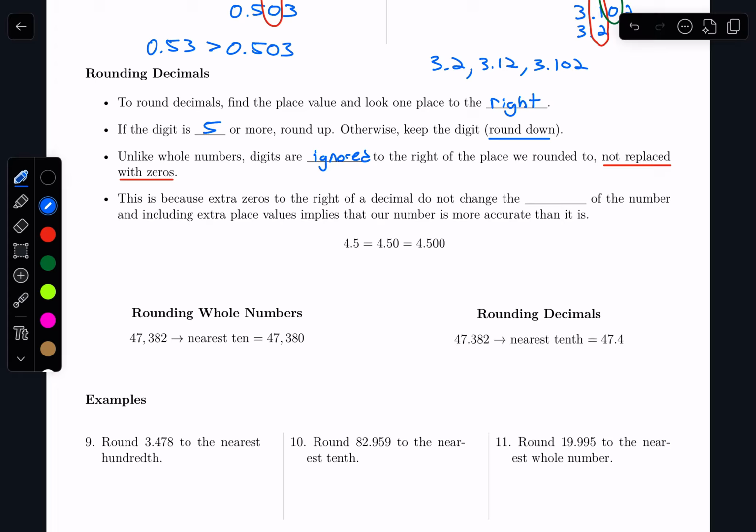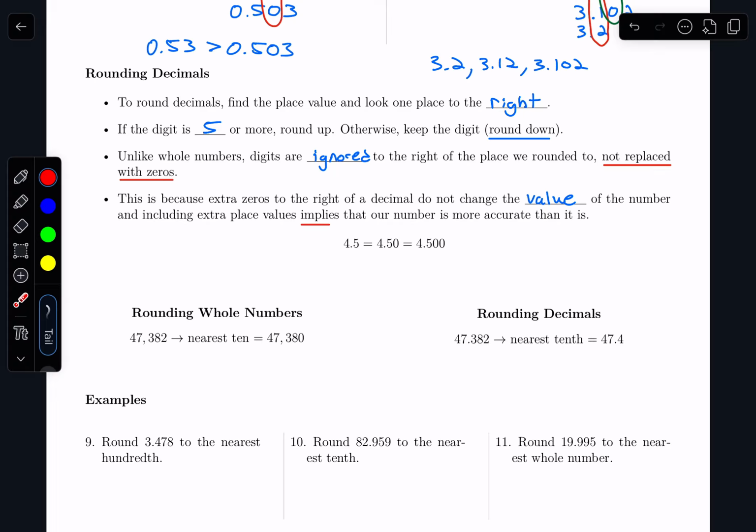So you can see that last bullet point. The reason we do not write those extra zeros is because those extra zeros to the right of the decimal place do not change the value of the number, but including them implies that our number is more accurate than it is. So 4.5 is the same as 4.500, but when we write those extra zeros, it implies that we actually measured